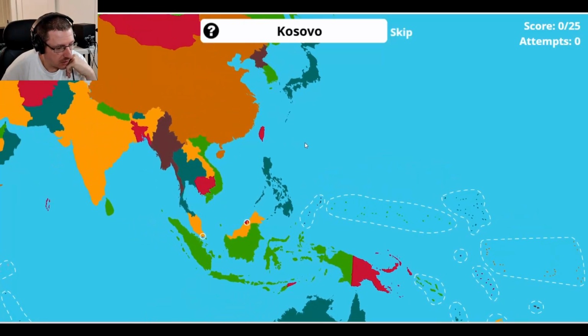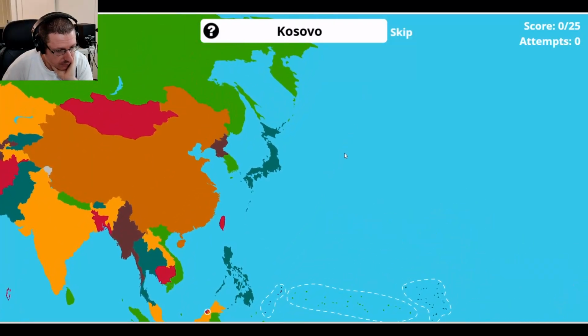And then Hong Kong is somewhere right here. I think some places consider Hong Kong a country. It was on the quiz I was taking. It considered Hong Kong a country. I don't know anything about Hong Kong, but I believe it's right here. It's like a little tiny dot right here. I think that's all that I know.